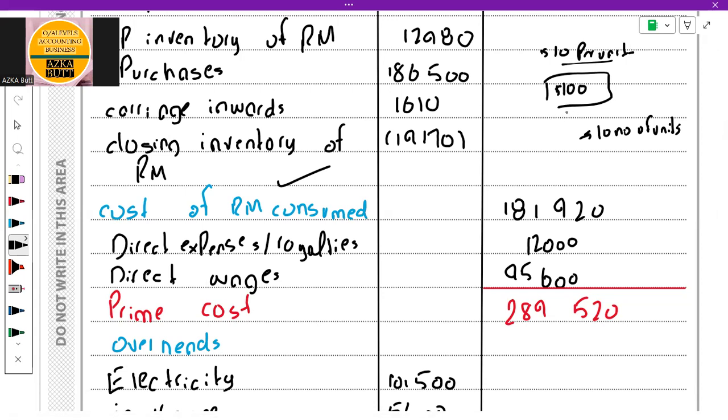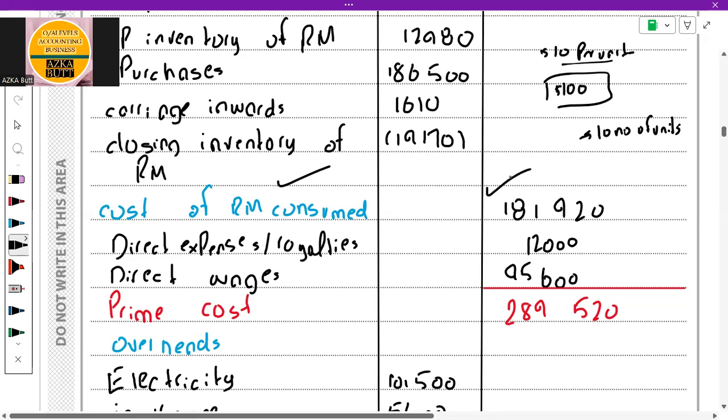But for example, if you are paying the factory rent, factory rent would be 10,000 whether you are producing or not, whether your output is increasing or not. Basically, your factory rent would be the same. So that's why that would not be the prime cost. So for the prime cost, there are different things we have to write which should be related to the production department. So this is direct wages, which is 95,600,